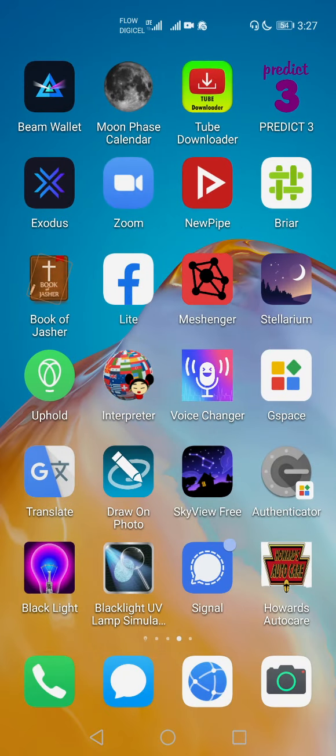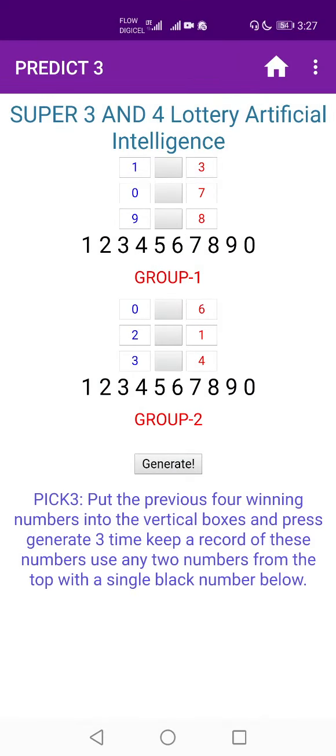Alright, so I'm gonna show you guys now how to use the new predict3. This is it right here. This is the actual app. To get access to the app is $20 a month. All the resource files are on the phone itself, and the activation gives you 31 days. So let me show you now how to use